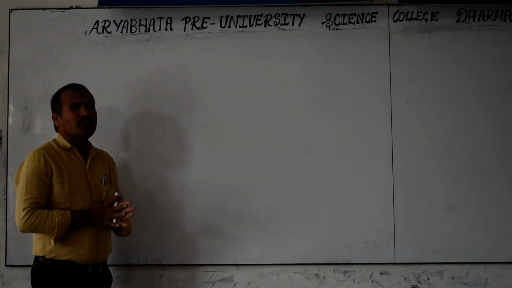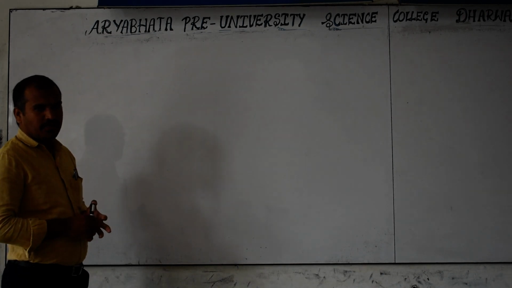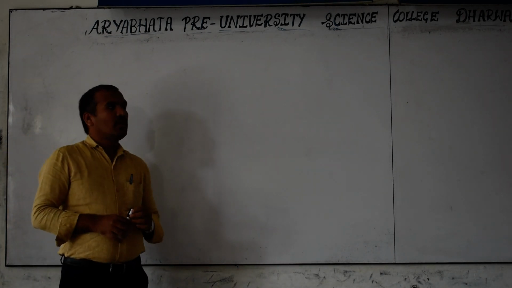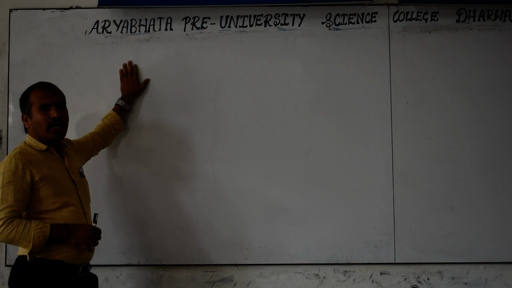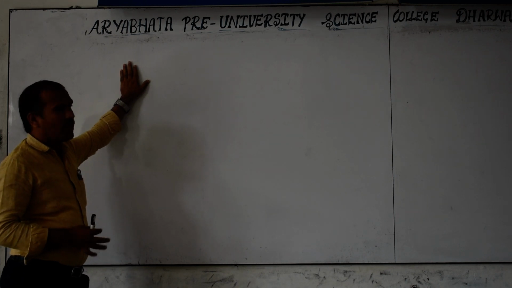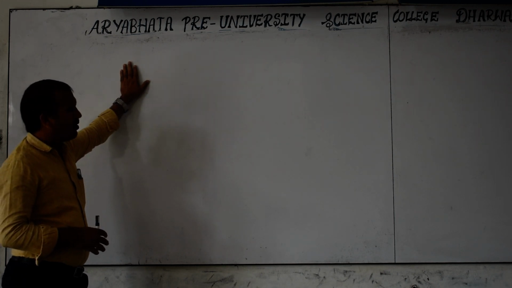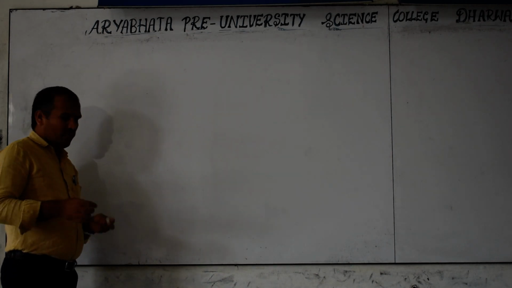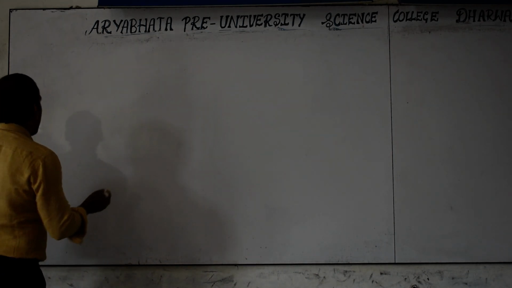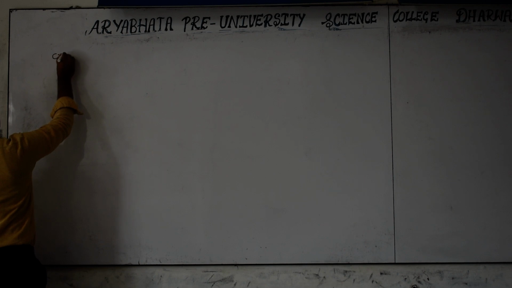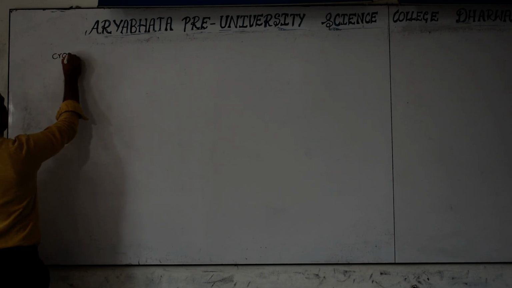In the last class I discussed the aldol condensation reaction. The first requirement is an aldehyde or ketone with alpha hydrogen. Another requirement is that a dilute base is required. So that is one part. Another one is cross aldol condensation, which is also important for the PUC exam and competitive exams.